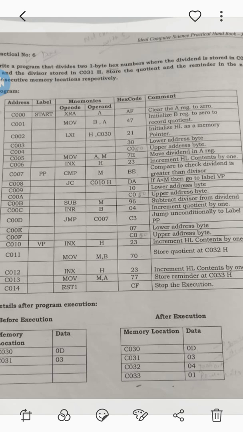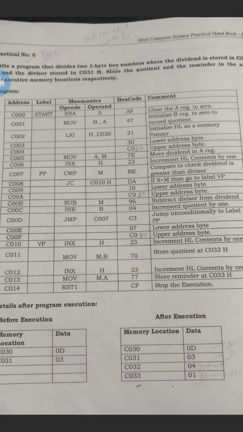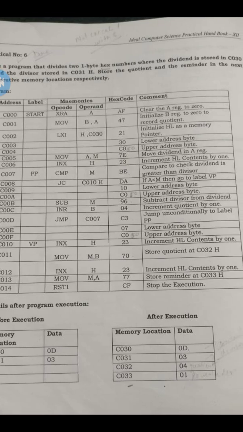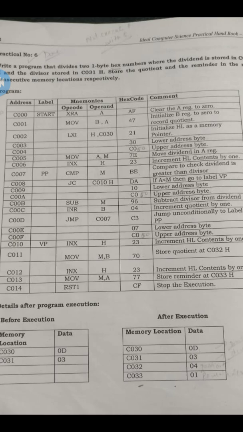In the accumulator we have the dividend, whereas in the memory we have the divisor. So if the dividend is less than the divisor, then go to label VP. It means we cannot divide the number, so in that case we have to jump to VP. VP is, you can check, the 6010 location. The label VP is at the 6010 location. So the instruction will jump to that memory location, because now we cannot divide the number.